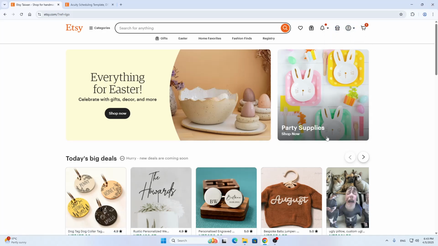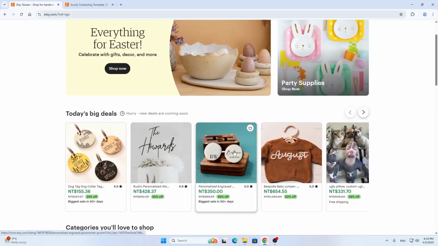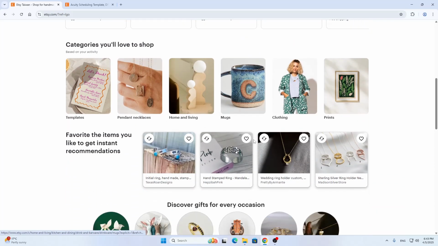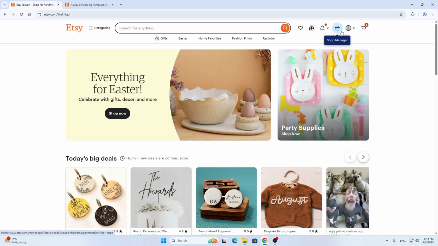So after logging in, you'll be greeted by the home page right here. This is the main page. In the main page, we can get started browsing all the products we can buy. We can get started managing our store with the shop manager option right here at the top upper corner. And now let's go and take a look at how we can get started uploading Etsy templates into our Acuity